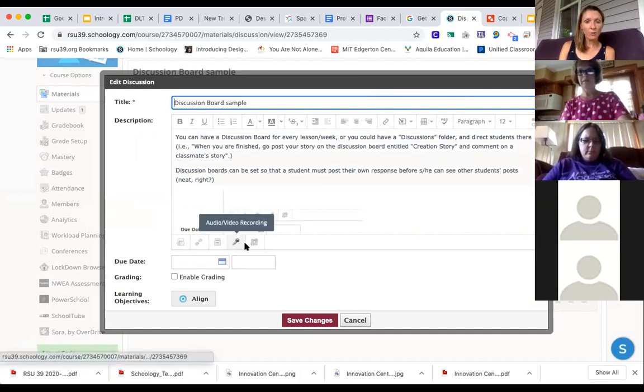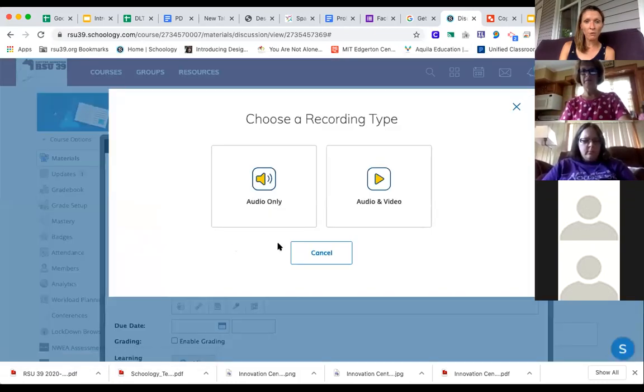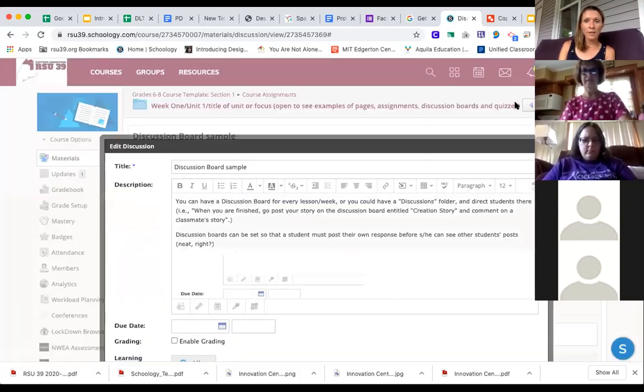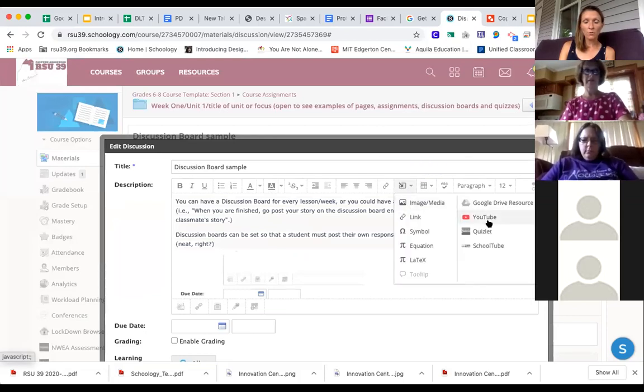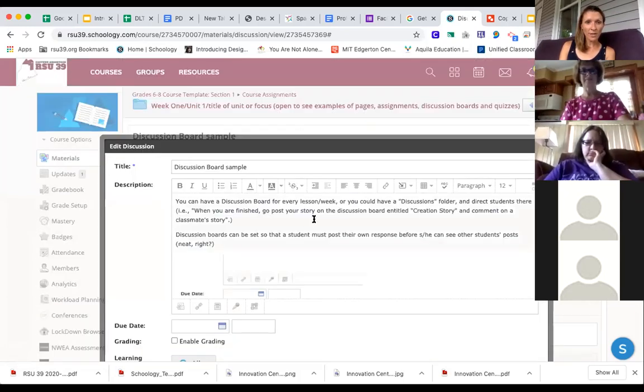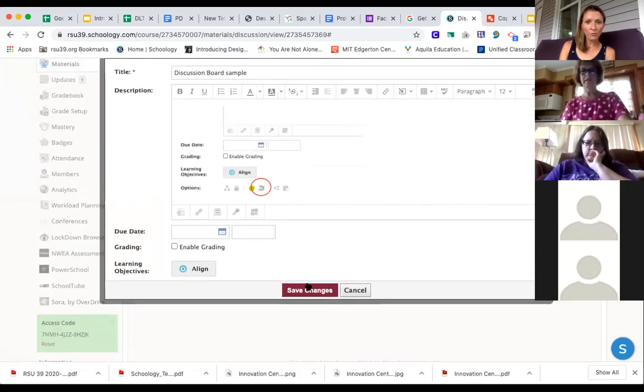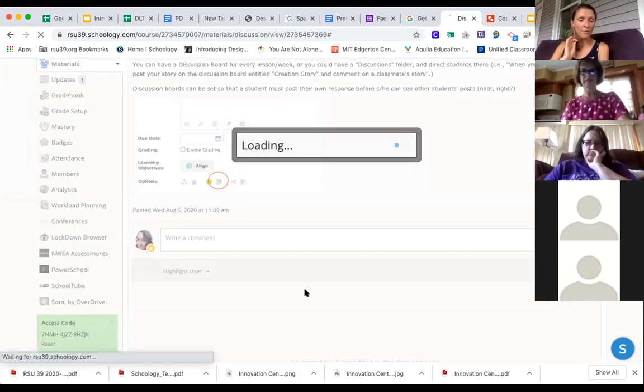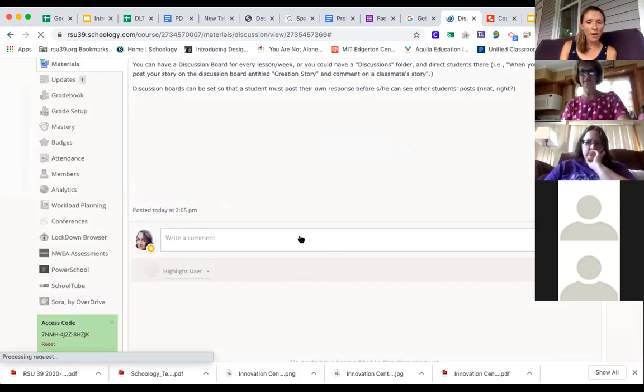It's got a lot of the same features you've seen in other places, where I can do an audio or video recording, and insert a table or YouTube videos and such. But what I also like, for those of you who have used Flipgrid on your own, as a student,